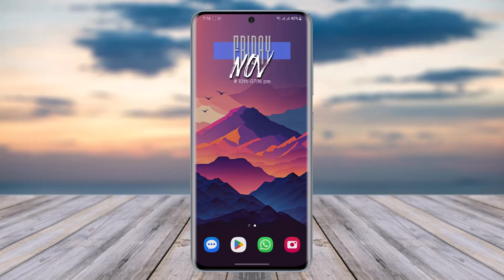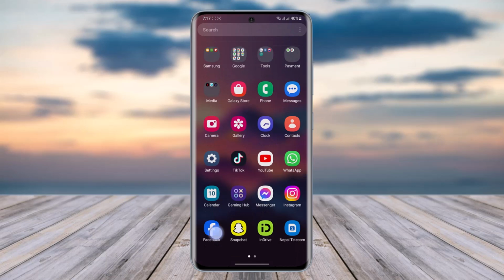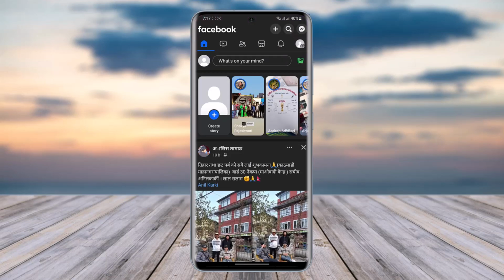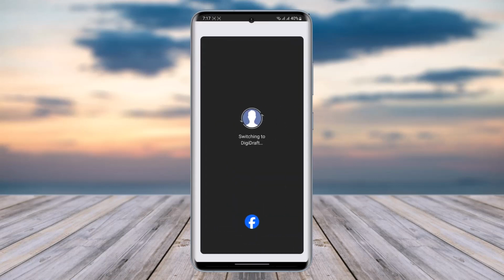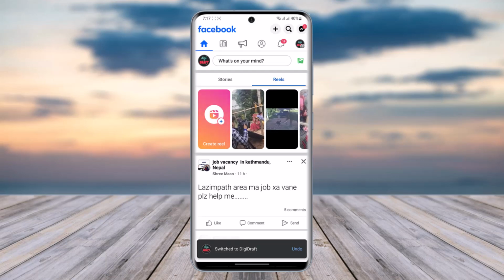What you're gonna do is first access your Facebook, and tap on your profile icon with the horizontal lines on the top right corner. Now go to this option, and here in this section you can see the pages of ours, right? We're gonna switch to the page of ours,